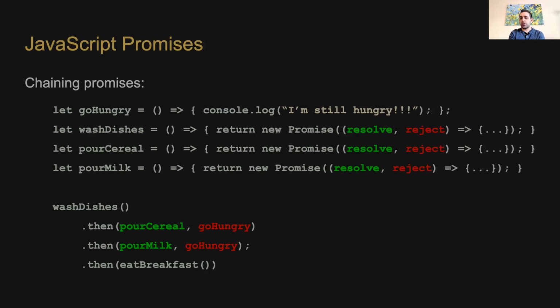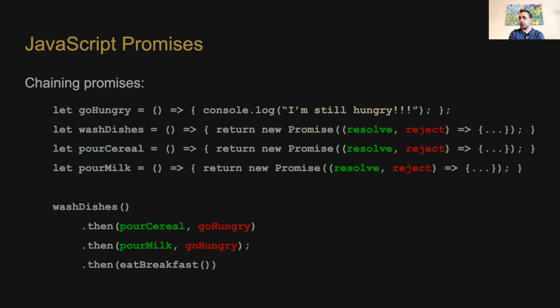All right. If we look at our pour cereal handler, that's what I have here, we return a promise from that. Again, so this is the idea of chaining promises. So, wash dishes guarantees that it's going to give us a result. Once wash dishes is complete, on success, we're going to proceed to pour cereal. Pour cereal is also another task that's going to be asynchronous. So I'm going to do my pour cereal action again. The ... is going to be, whatever, the 3 seconds of pouring cereal. And once I'm done with that,